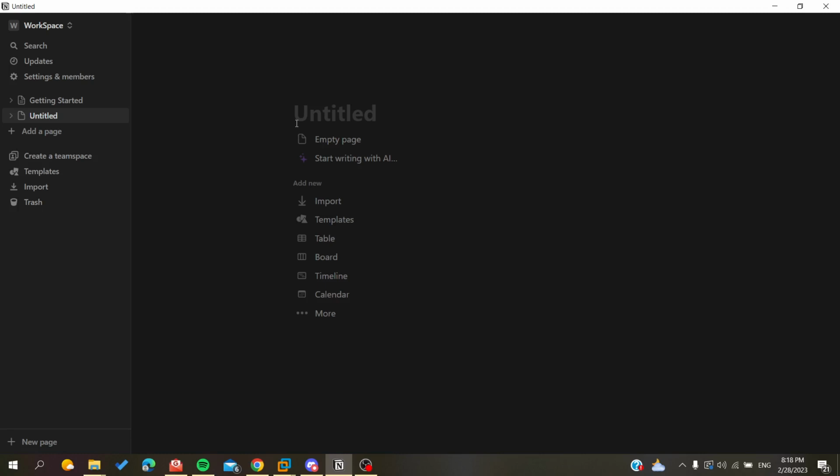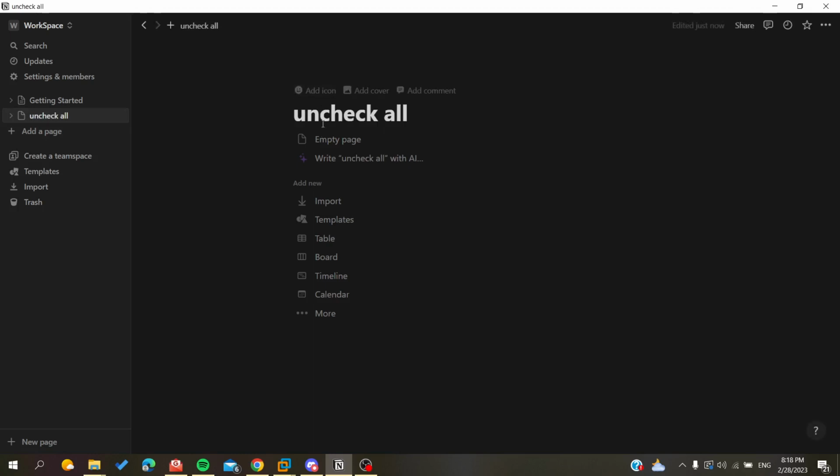So the first thing that I want you to do now is to open your Notion desktop client or desktop application, or you can just connect to the website with your Notion account. So here I'm going to create a new page in this example. So, uncheck